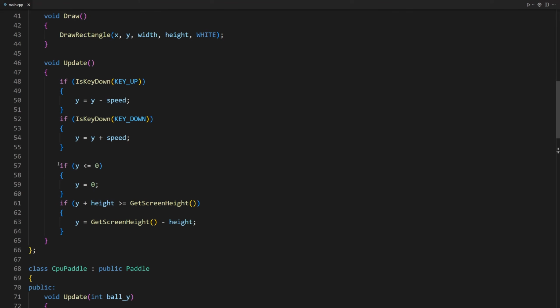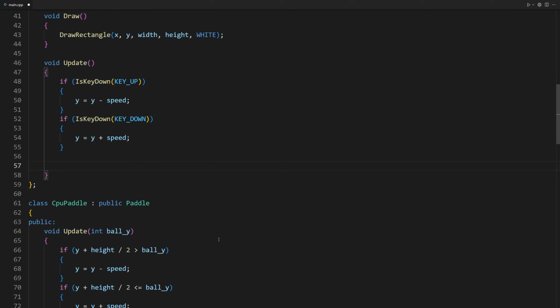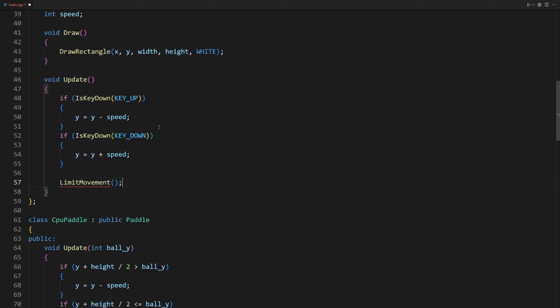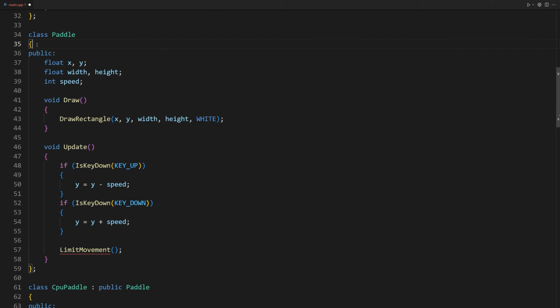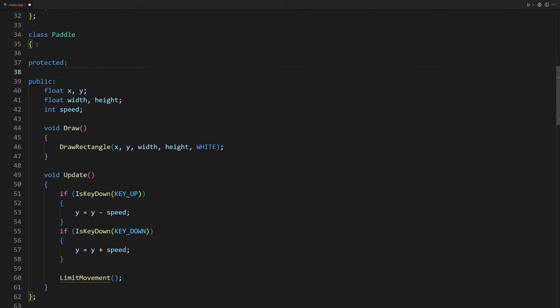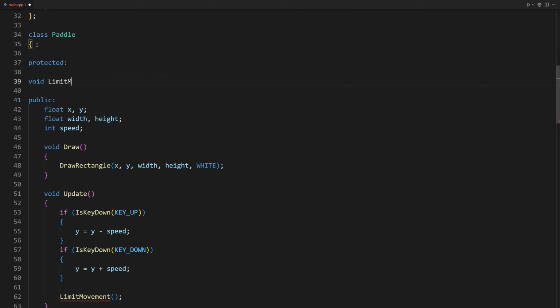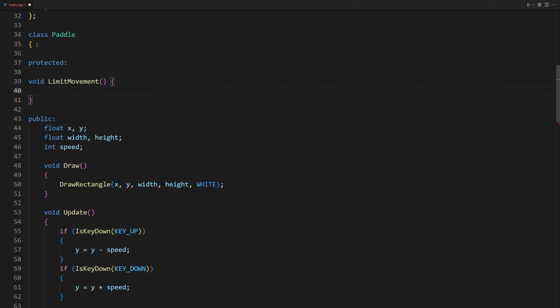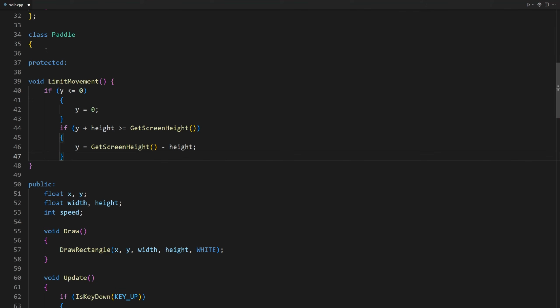Instead of copying this block of code, we are going to create a method from it that will be inherited by the CPU paddle as well. This method is going to be protected. No other part of the program should know about it. So we type protected, void LimitMovement, curly brackets, and inside it we paste the code that limits the movement of the paddle.